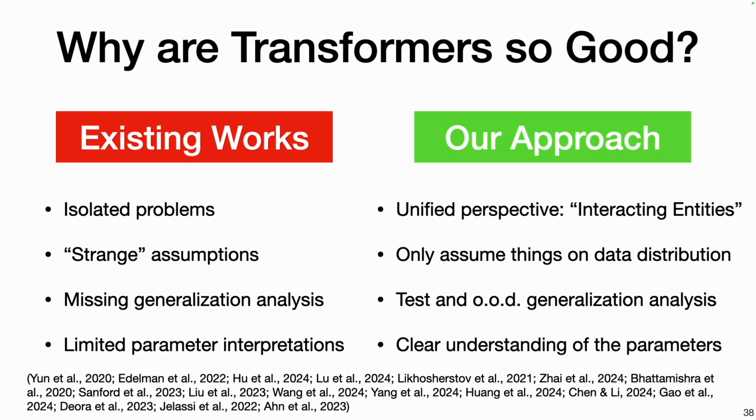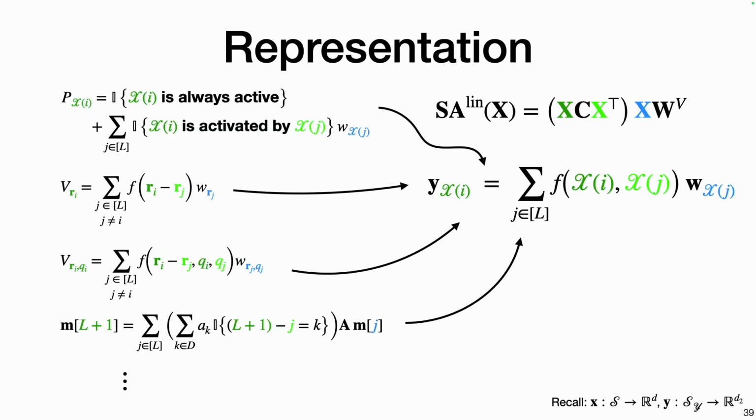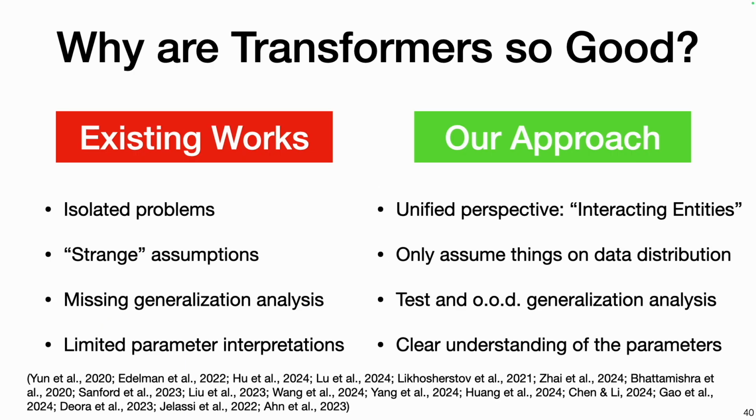Okay, with all these theoretical results, I just showed that single layer self-attention can capture mutual interactions, but let's see if I really fulfilled what I promised at the beginning. First, I promised a unified perspective, and you got it with the mutual interaction tasks. I promised that our assumptions for learning are mild, and they were simply that the dataset is versatile, which is improved with high probability, and the other one was that self-attention can represent a task. Again, we showed it with our representation theorem.